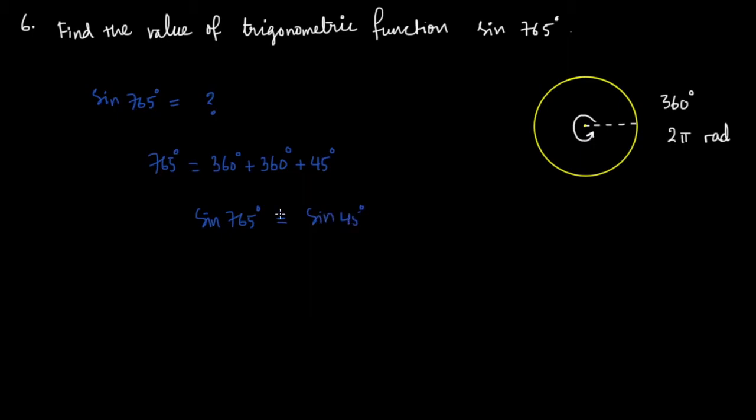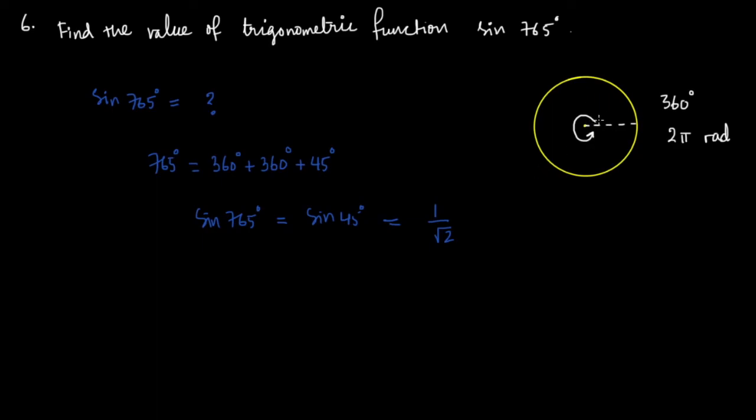Why? Because we know that after every 360 degree revolution, the value of the function will reset to whatever we started with. Okay, so this is equal to what? We just know this value. This is 1 by root 2, and since 45 degrees is in the first quadrant,